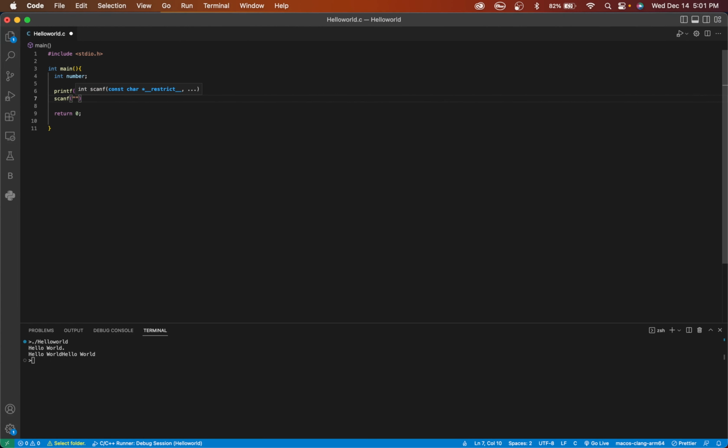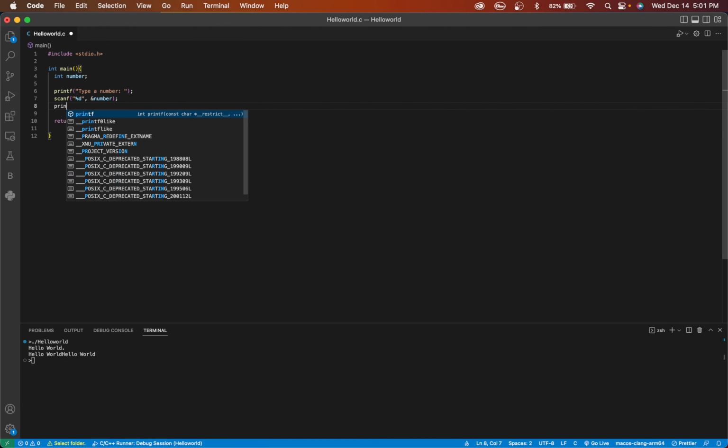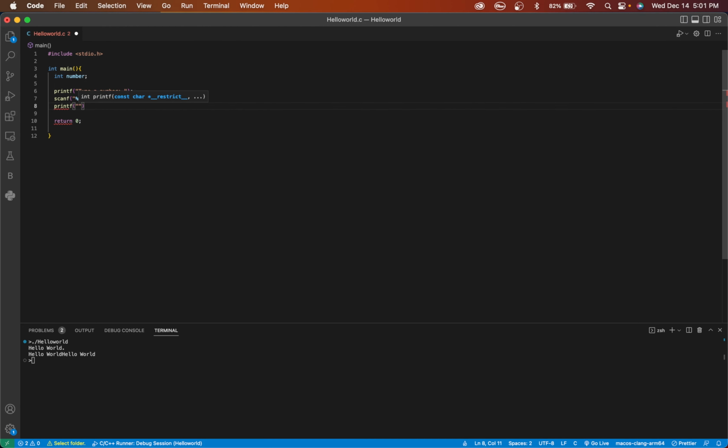That way when we do the new scanf function, it'll actually print out right next to it, which will make it look a lot cleaner in the terminal. Okay, and then just so we can see this information,